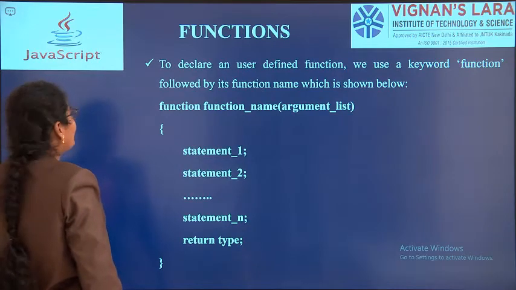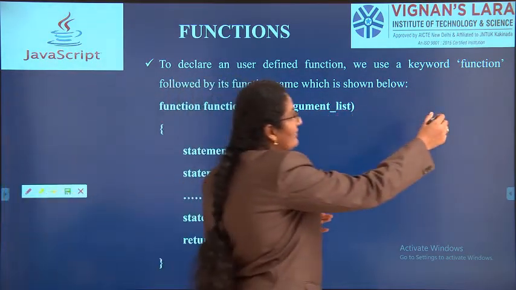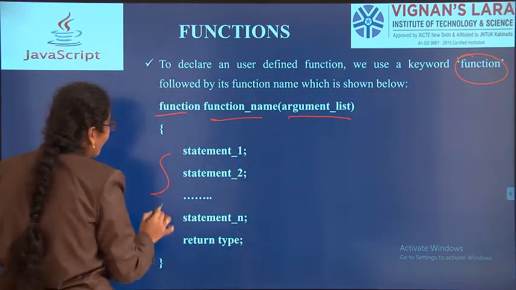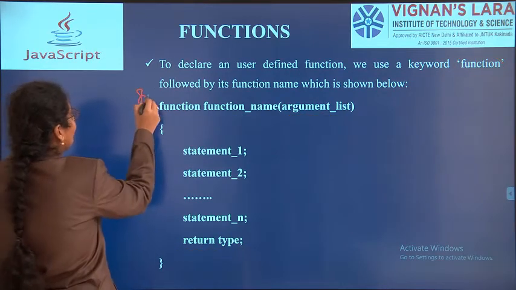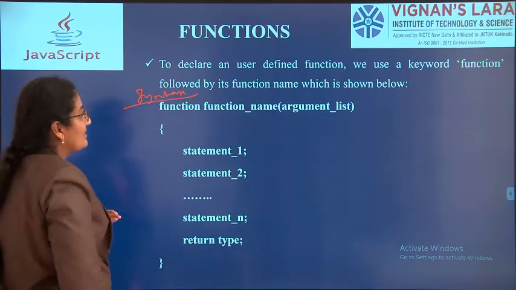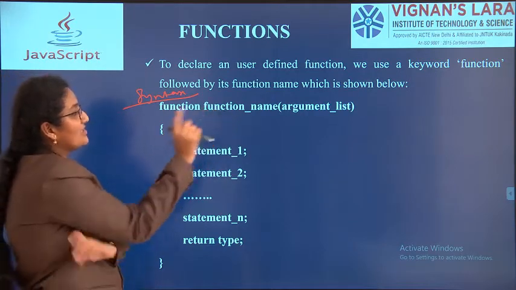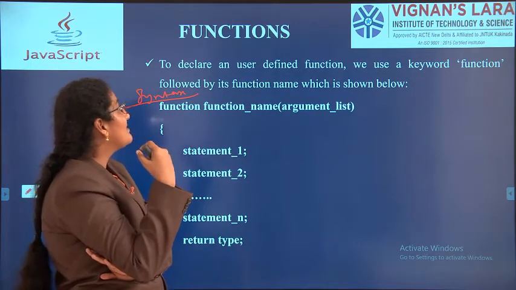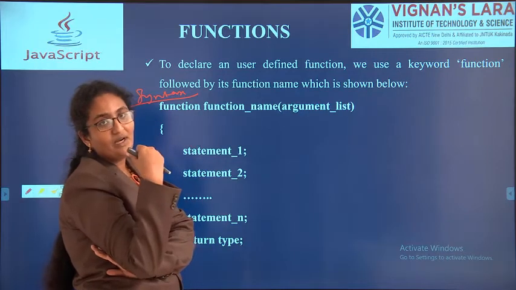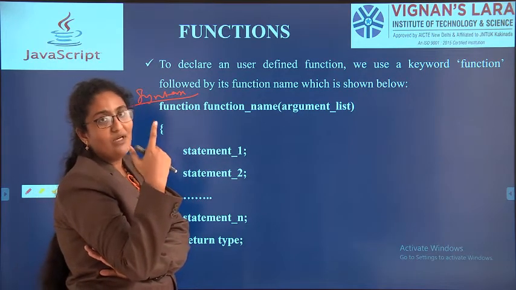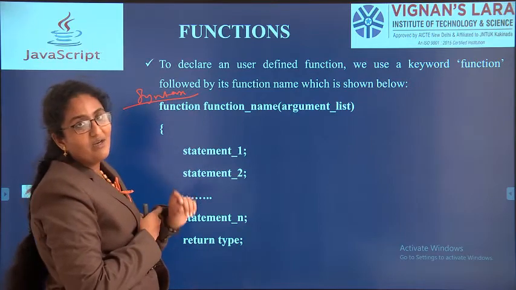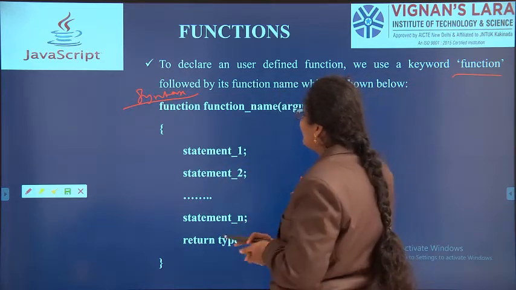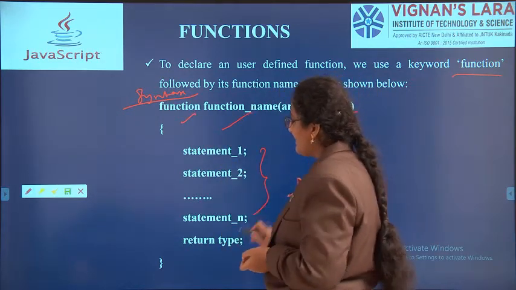So the next one, what is the syntax of function? The keyword we are using is the function keyword. The syntax is function name, argument list, statements and return type. This syntax you have to remember to write programs in JavaScript. So a function is nothing but a piece of code used for the execution of the program. Functions are of two types, predefined and user defined. Predefined functions are also called global functions and built-in functions. User defined functions are defined by the user. Function is the keyword, and the syntax is function name, argument list, statements and return type.